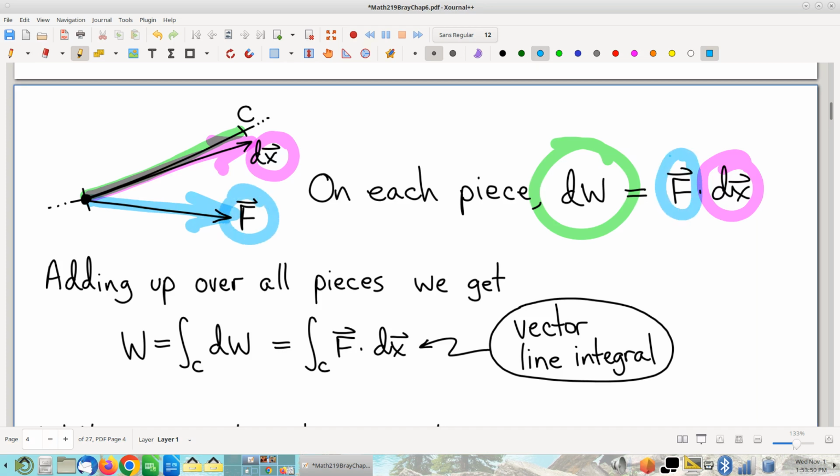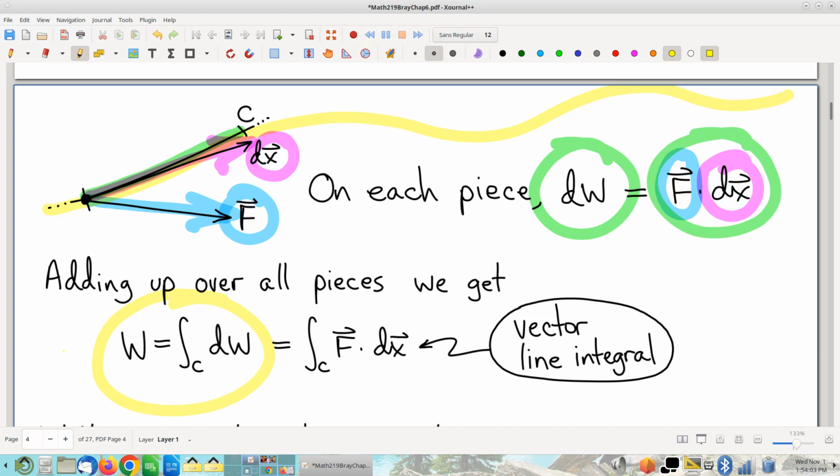And force dot displacement, easy formula, right? Nothing to it. So on each little piece, that's how much work it takes me to do. If I want to add this up over the entire curve, then I do that. The whole is the sum of the parts. Again, as previously noted, dW is F dot dx. So all I'm doing is to chop it up, add it up. And what we have, interestingly,